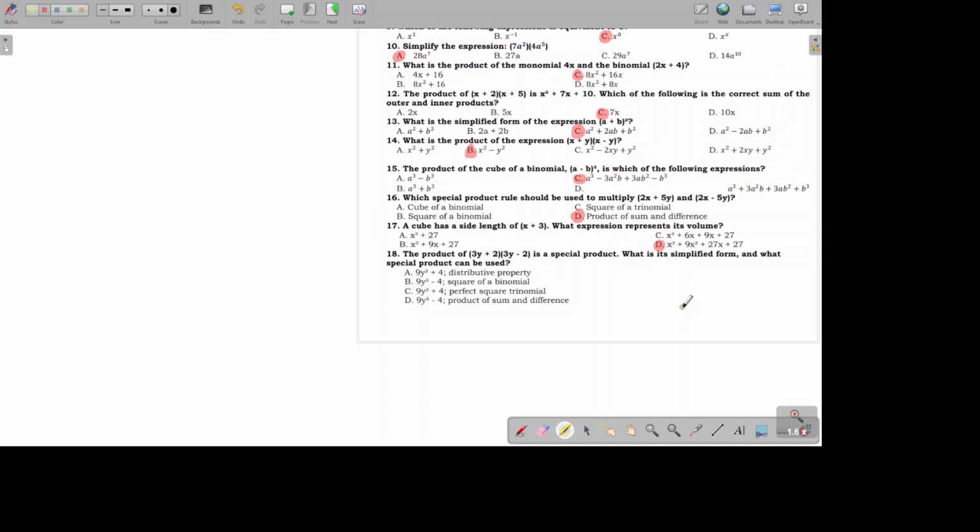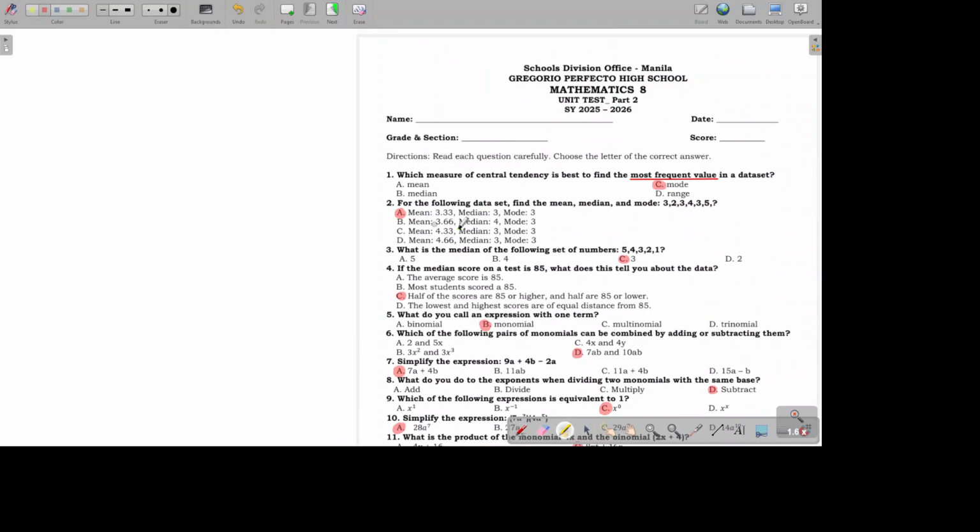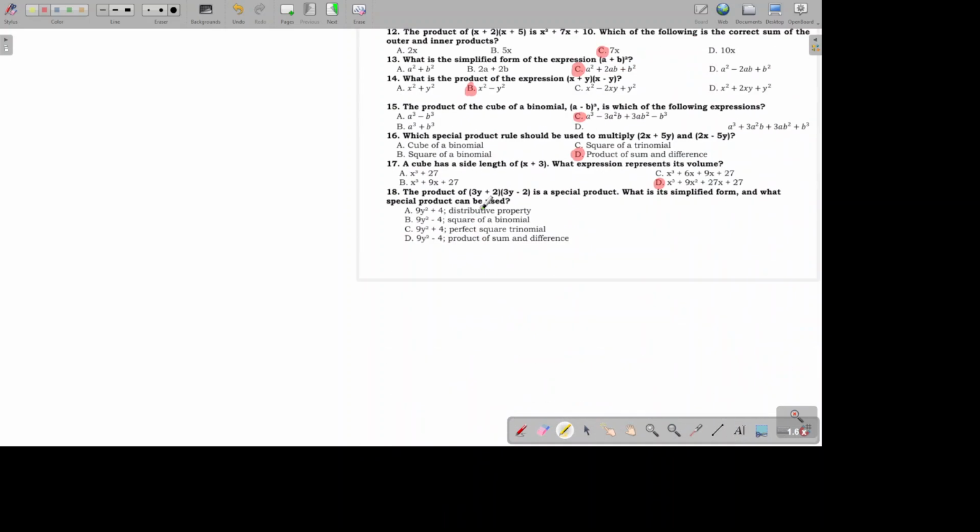By the way, for Aristotle, since they've already taken this unit test, the one who edited this made a mistake on this one, and I just corrected it. Right? So sa inyo bonus to kasi wala yung option D doon sa test nyo. The same is true with number 2. Wala tong option A doon sa test nyo, kaya walang tamang sagot doon. So, number 2 and number 17 are bonuses para sa Aristotle.